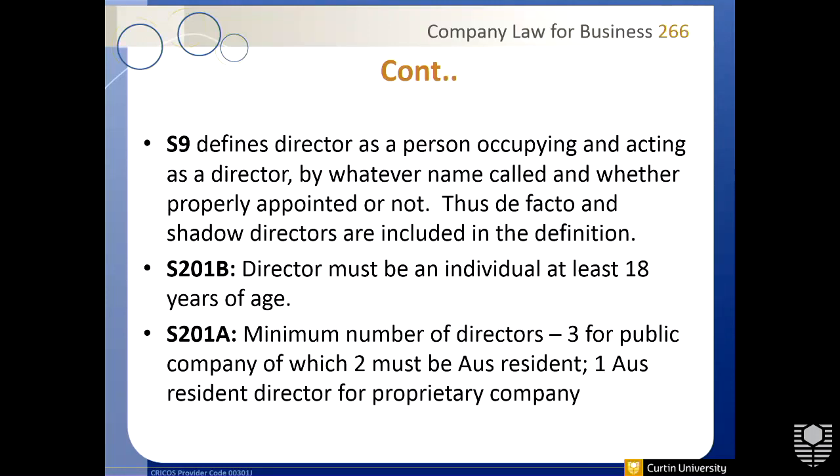The next thing is you are not disqualified from being a director. How can you be disqualified? If you are a bankrupt, you'll be disqualified. If you were in a company before where you started a company and you collapsed the company a few times, you've done that, you'll be disqualified. You've been convicted before, you will be disqualified. Why don't we want people like that on the board?